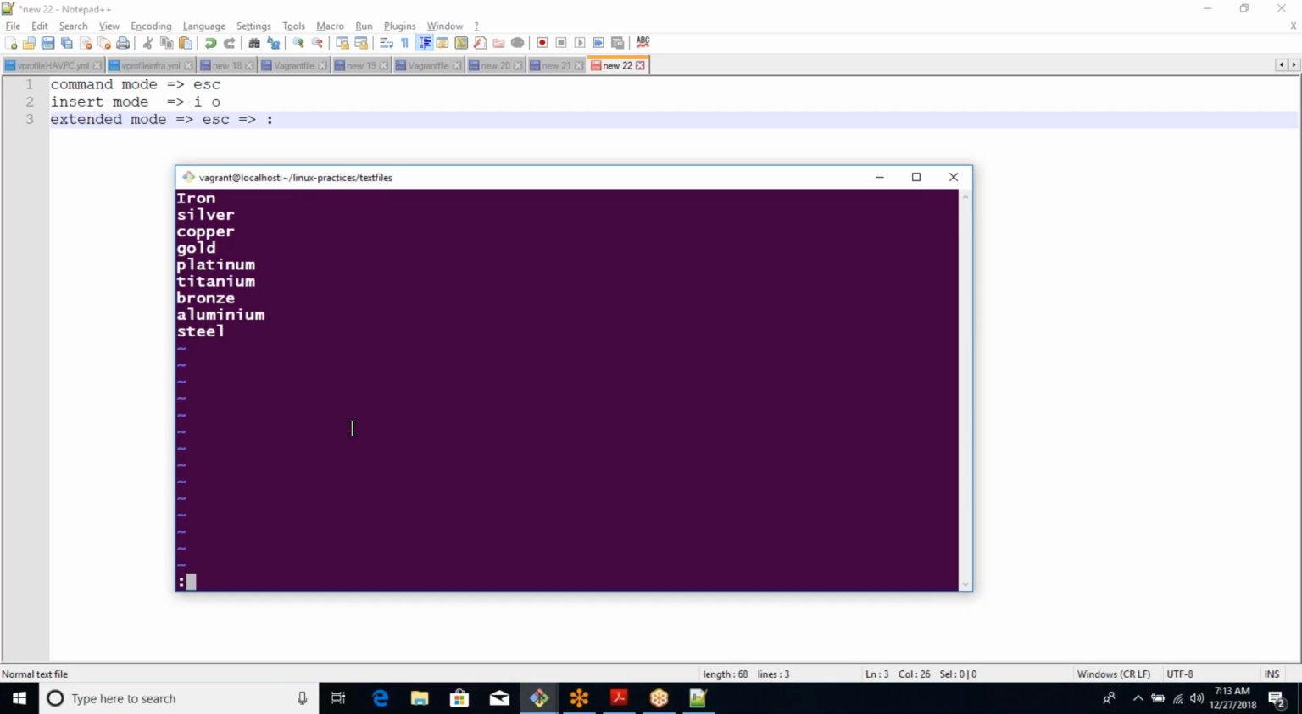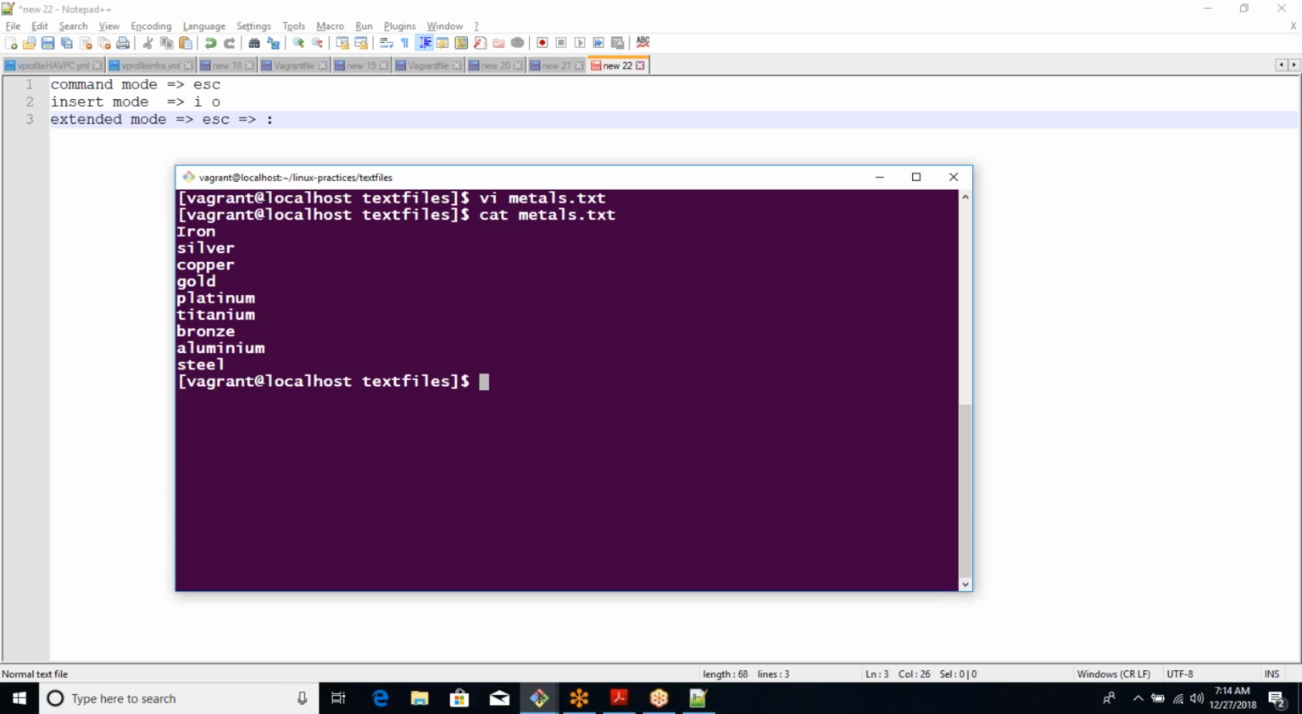Now you want to save any changes, you say W to write changes. It says 9 lines, 65 characters written. Now to quit it, again colon Q. Q is to quit. Cat is another command to read any files. That's it. You can open the same file again,